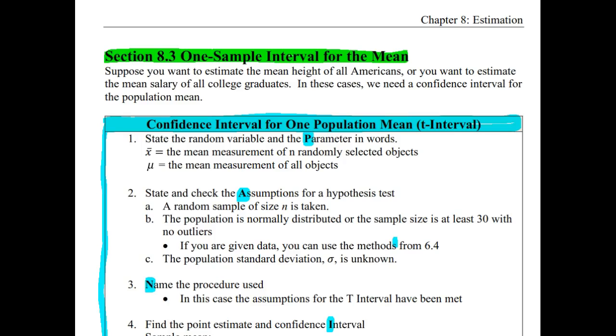All right, so section 8.3. One sample interval for the mean. In this section, we are going to be dealing with quantitative data. Suppose you want to estimate the mean height of all Americans, or you want to estimate the mean salary of all college graduates. In these cases, we need to find a confidence interval for the population mean because